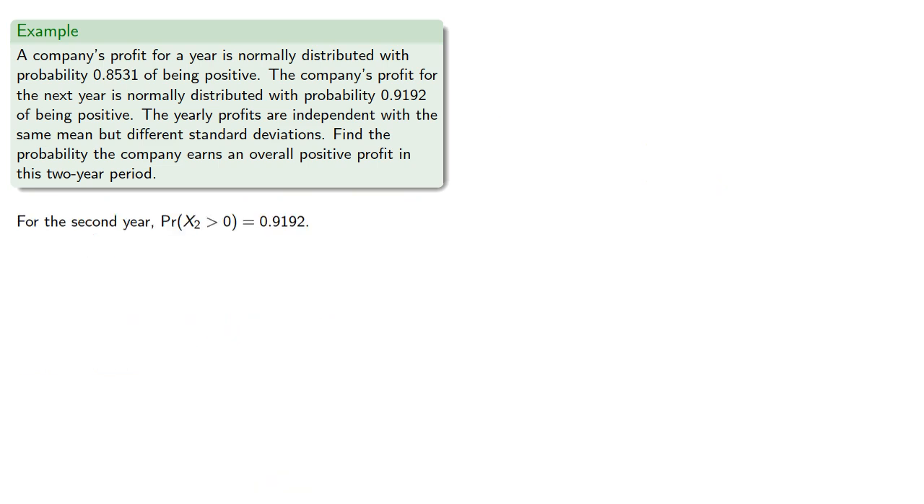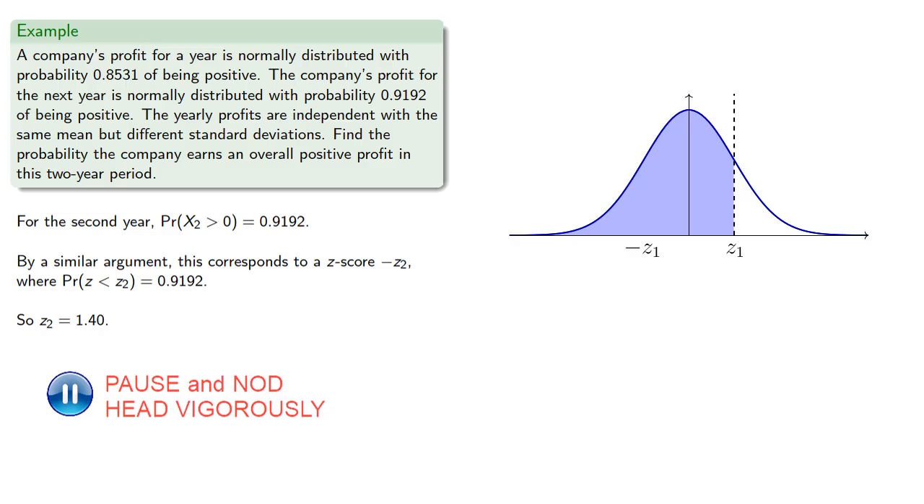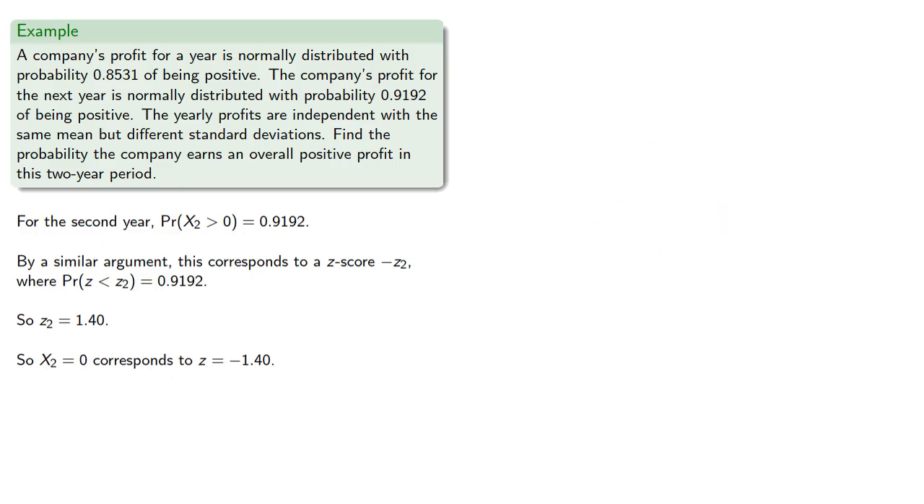And this gives us a relationship between the standard deviation and the mean. For the second year, we have the probability of a positive profit. And by a similar argument, this corresponds to a z-score that's negative, which corresponds to the probability that we're less than some positive z-score, which turns out to be 1.40. And so x2 equals 0 corresponds to z equals negative 1.4,